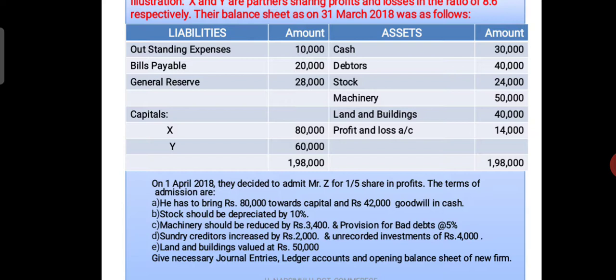So after analyzing the problem, balance sheet and adjustments, we can go on to make working notes. Now we go to the next step. After understanding the problem and analyzing the points in it, we have to understand what we are asked first. So in this problem we are asked to write the journal entries, prepare the ledger accounts and prepare the new balance sheet. So these things we have to do. Now before that, we have to make working notes. So see here how we are going to make working notes for the given problem.